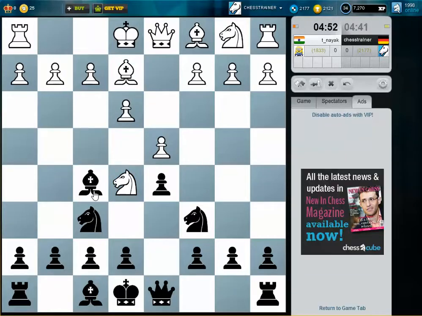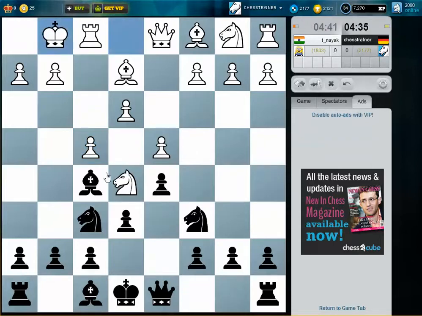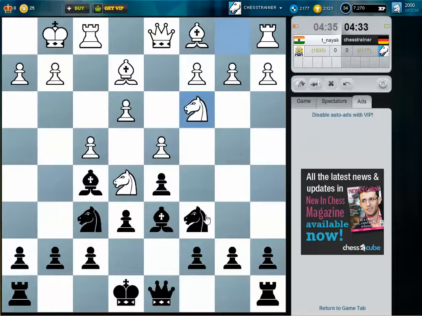Okay, I want to keep pieces on board because I don't like the position of the bishop that much. And f4. So this looks a bit like a Stonewall. Let's just castle,